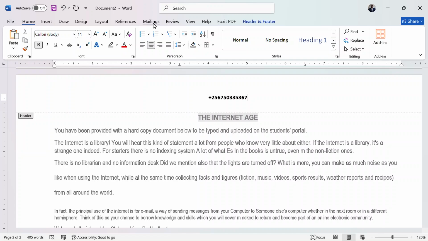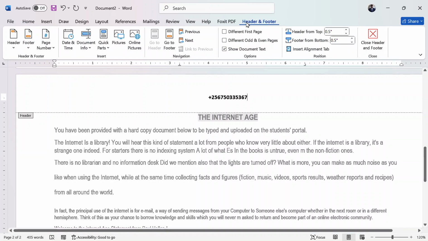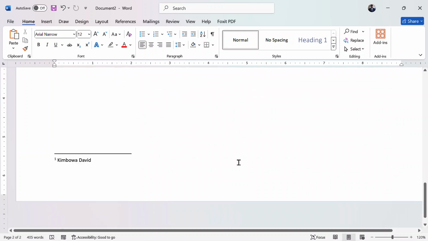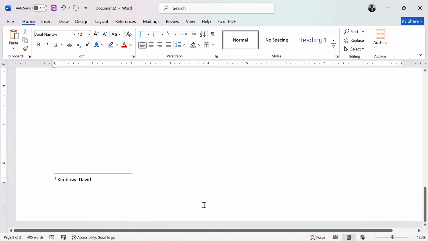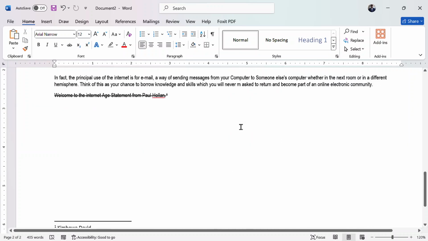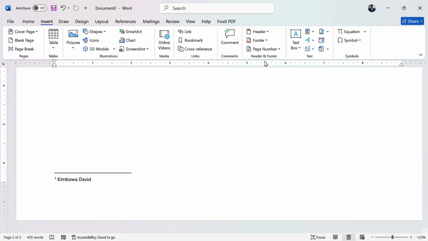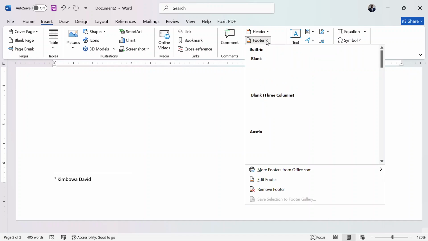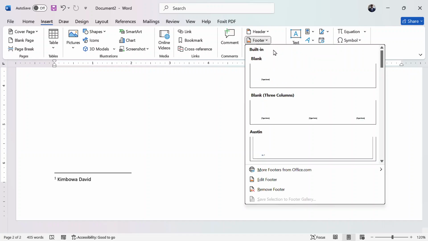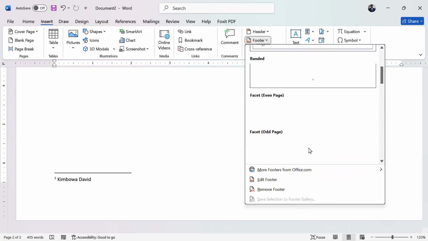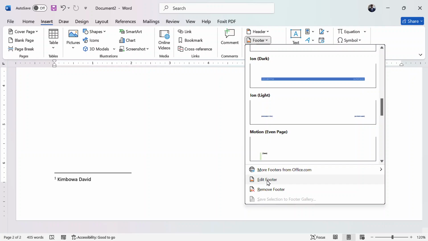Then after that, I'll close the header section, and I go to the footer. I want to put the footer as my name. Go to the insert tab again, under headers and footer, look for footer. Tap on the drop down arrow. It displays a number of footer styles. I will not choose any of them. I will again choose edit footer.